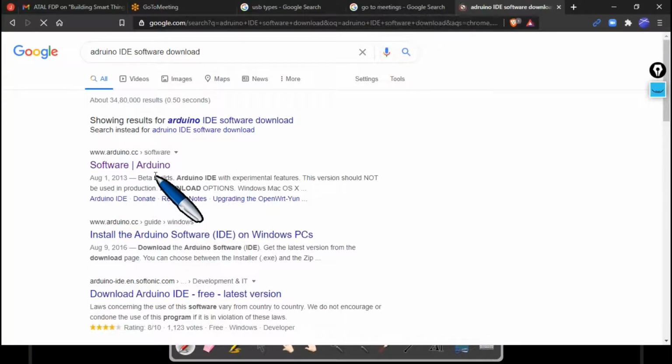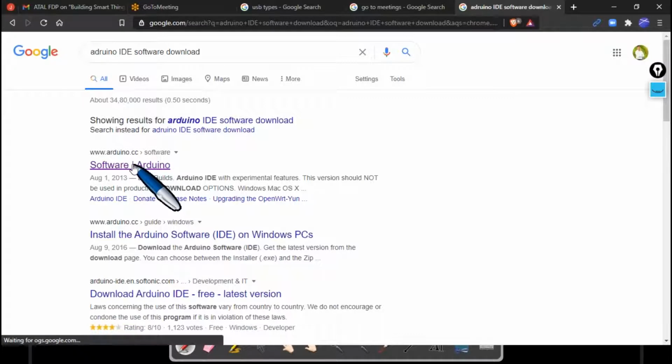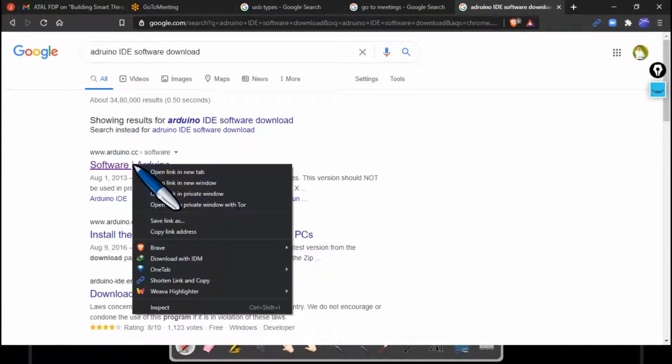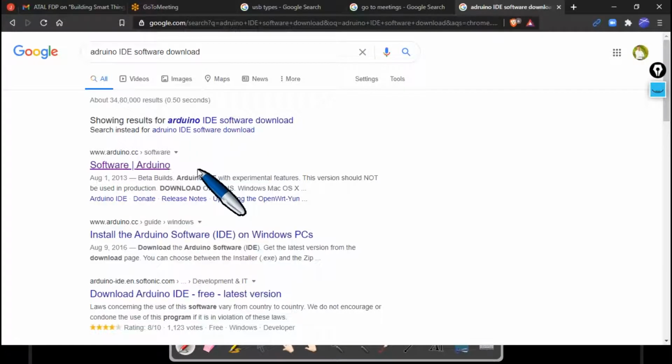Now the very first link that we get under www.arduino.cc is where we are supposed to right click and open the link in new tab.